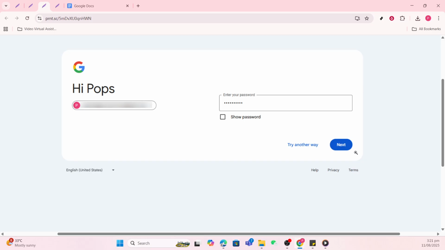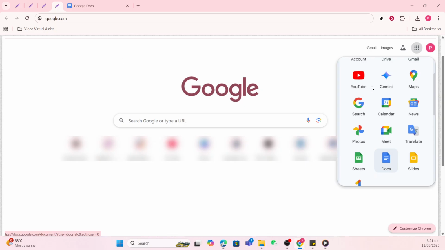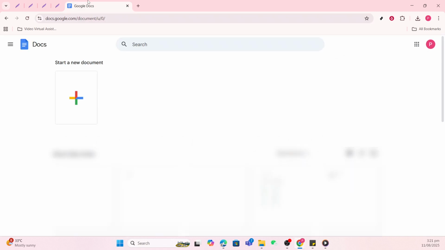Next, locate the small grid or box of dots, usually found in the upper right corner of the screen. This is the Google Apps menu. Click on it and scroll down until you find Google Docs. Click on Google Docs to open it up. Once you see the Google Docs interface, click on Go to Google Docs. Now you're all set to start a new document by clicking the blank document thumbnail, which gives you a fresh